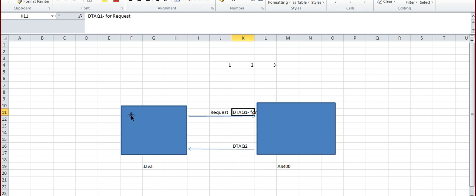Different units are there, like banking and insurance, or three, four sections are connected. If any request from banking is coming, a job will be monitoring always with a data queue, and the moment your request comes, it will read and process it. So a data queue is a queue where whichever request comes first will be served first.